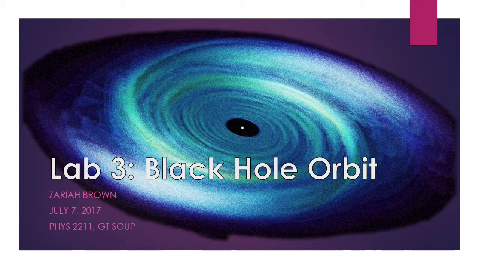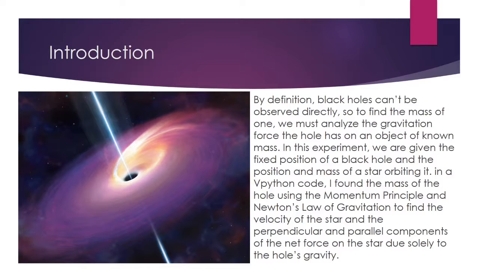My name is Zaria Brown, and this is Lab 3, the black hole orbit. By definition, black holes can't be observed directly, so to find the mass of one, we must analyze the gravitational force the hole has on an object of known mass. In this experiment, we are given the fixed position of a black hole and the position and mass of a